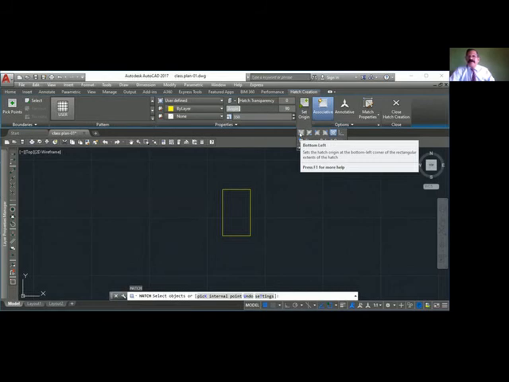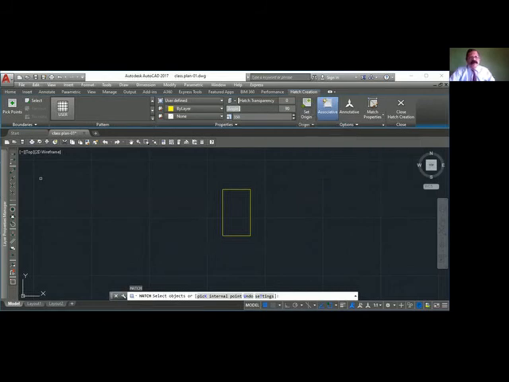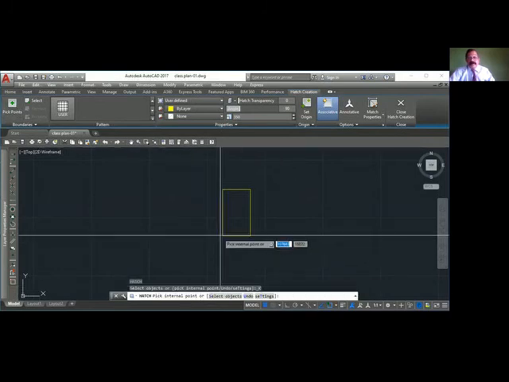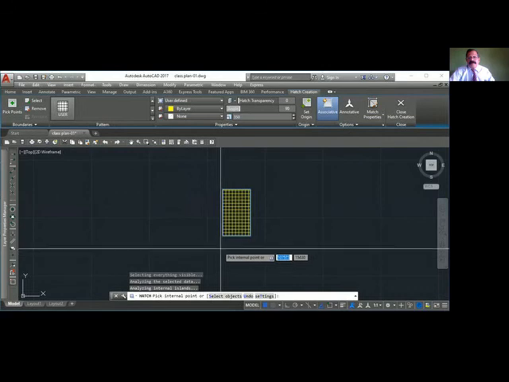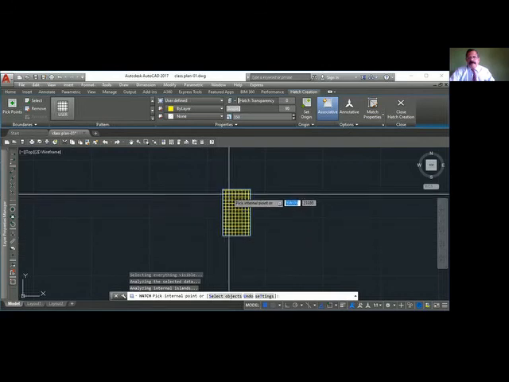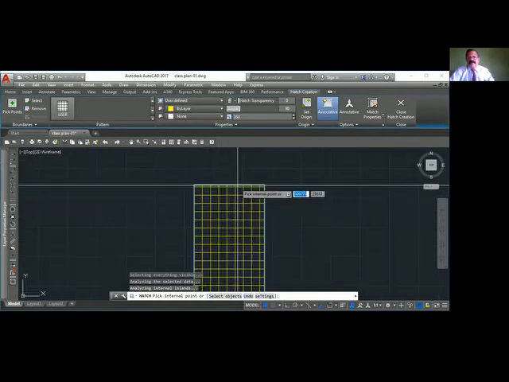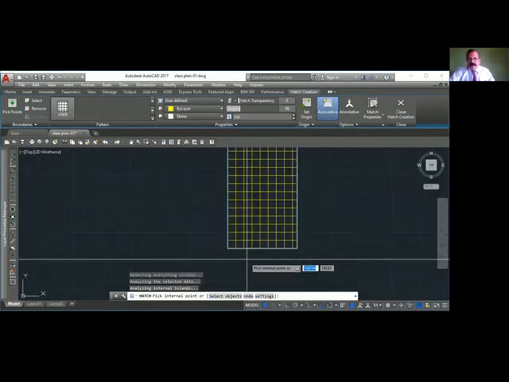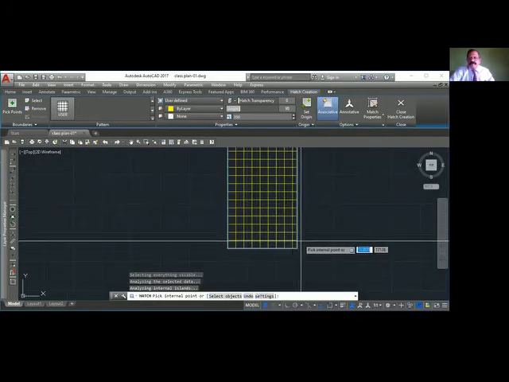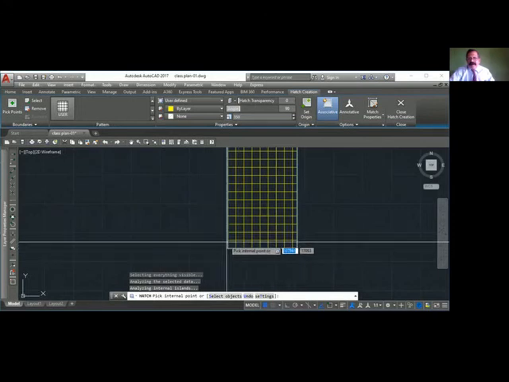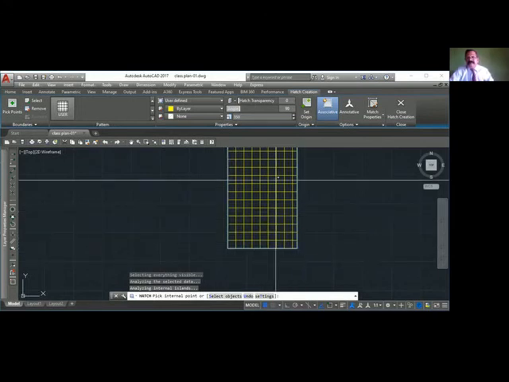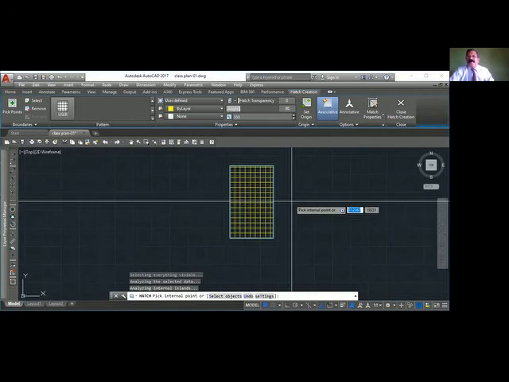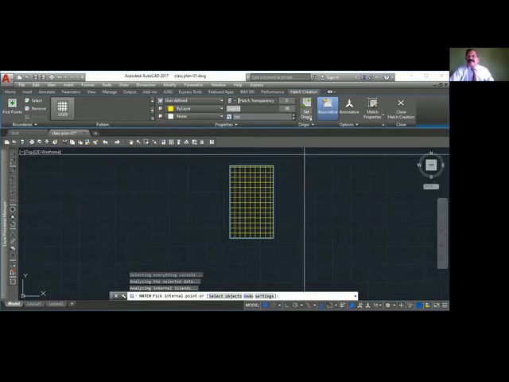So I will select pick point, select this point, click. So he starts laying from here, and cut pieces are going at the end. From this corner, full tile, and cut pieces are coming at the end. So you have to use the set origin.